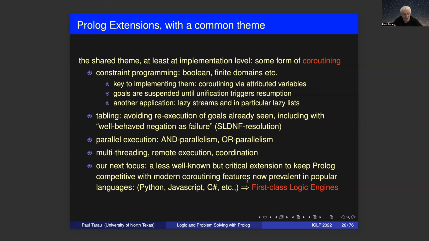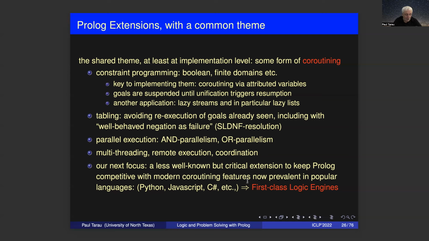Parallel execution and parallelism, depending on whether you go along the body of a clause or you look at the alternative clauses. Nice algorithms, although in practice they didn't survive, partly because the granularity that they would impose on the execution mechanism is too fine. It might work on dedicated hardware to actually do it right, including some GPU-based execution, but it's not widely used at this time in Prolog